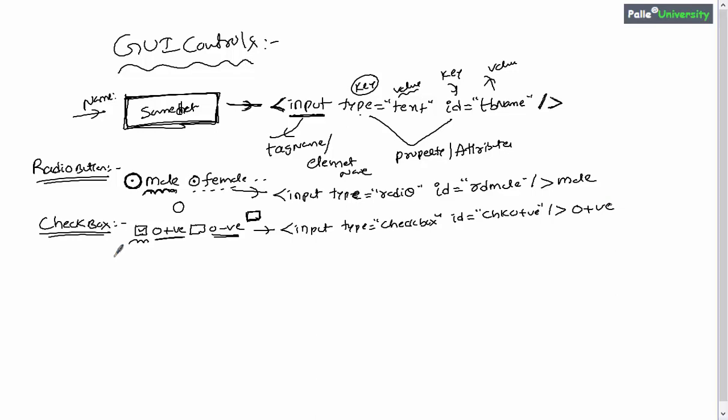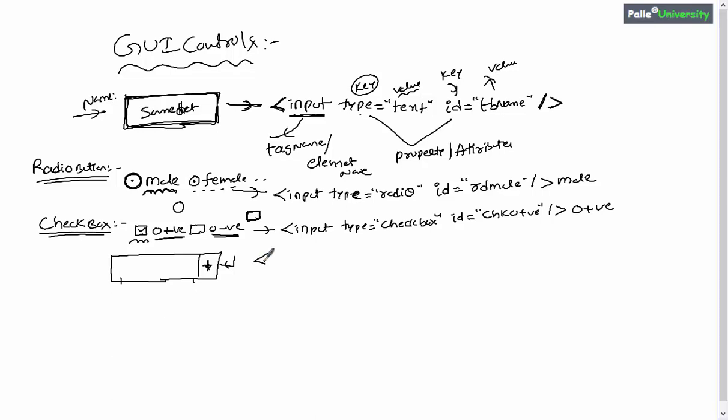Now let us try to understand how to create a drop down list. In general, a drop down list will appear something like this. When the user clicks on that drop box, some items will be visible. Something will be dropped, and inside that dropped box you will be able to observe some items. Now how to create such drop down lists or drop down boxes? Some people also call drop down boxes combo boxes.